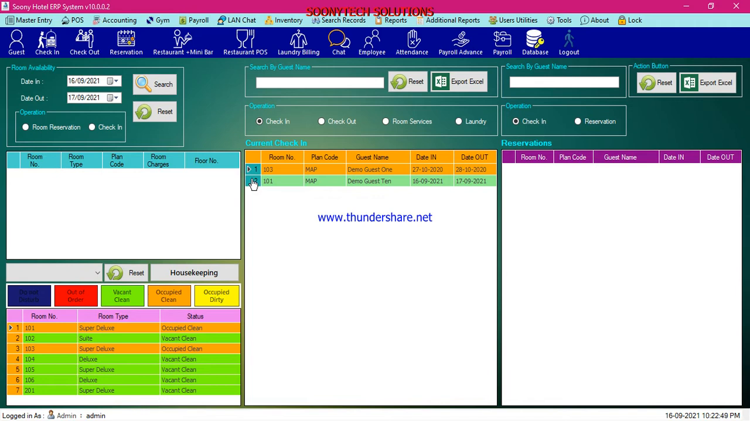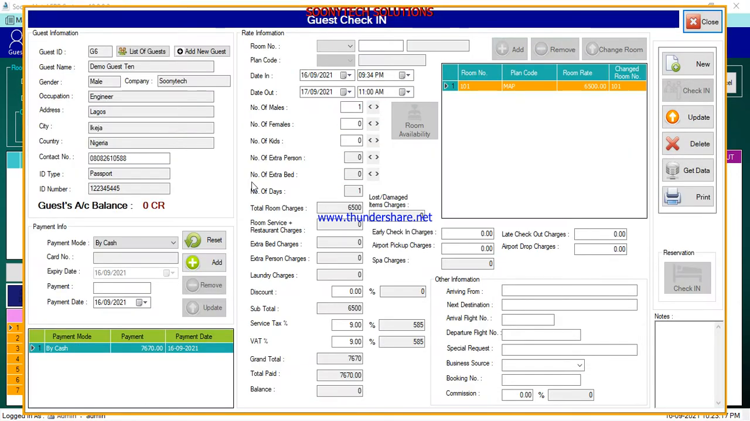So this is where you must click this number area, not clicking directly on the room number or blank code or guest name. It won't respond to anything. Like I'm clicking now to just select. So what you click is the number. So I'm going to click on number 2. So here is the demo guest 10,